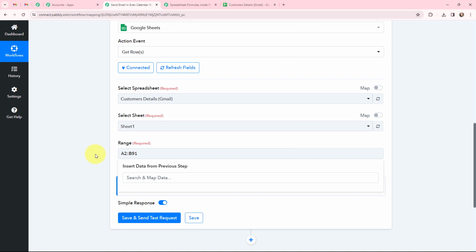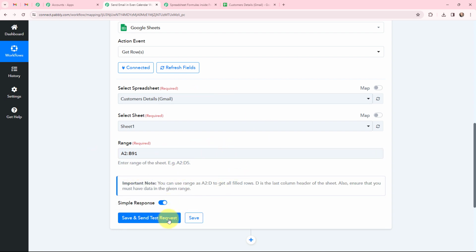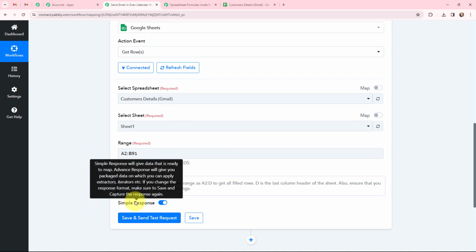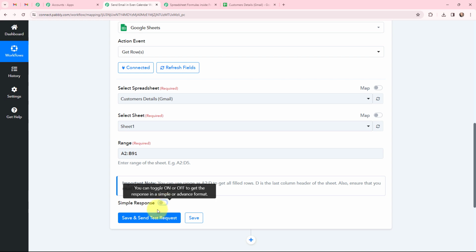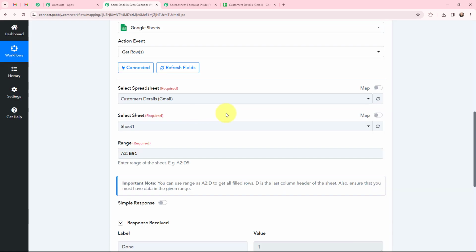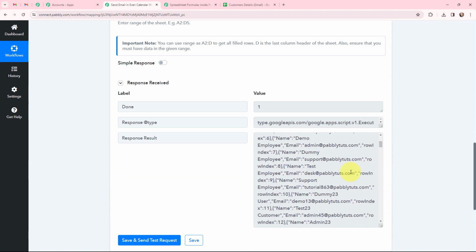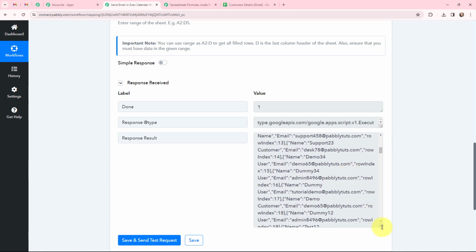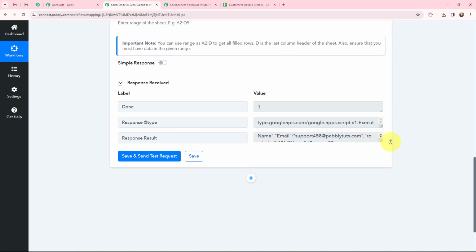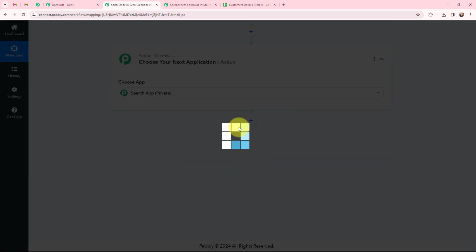So here I've mentioned the range and I'm going to click on save and send test request. But before doing that, I'm going to get the response in advanced format. So here you can see that I have received a response and here is the response in this field. So now as I've got the response in an array format, now to process the arrays, I'm going to use